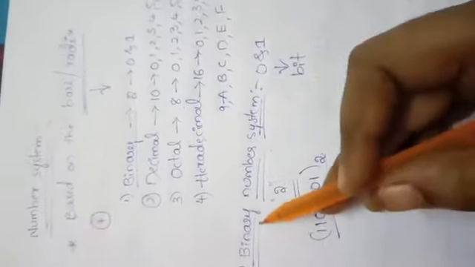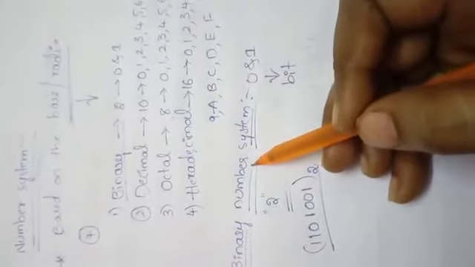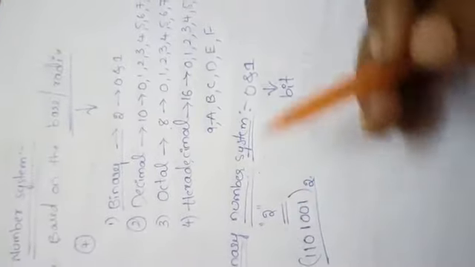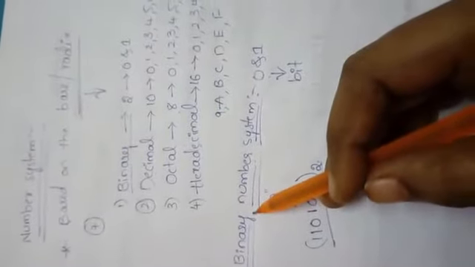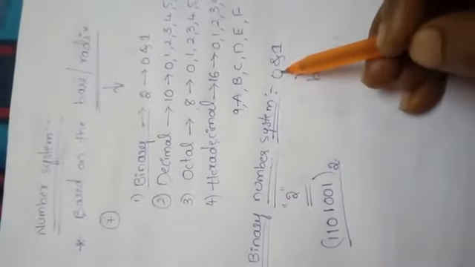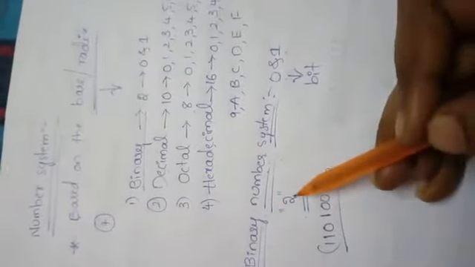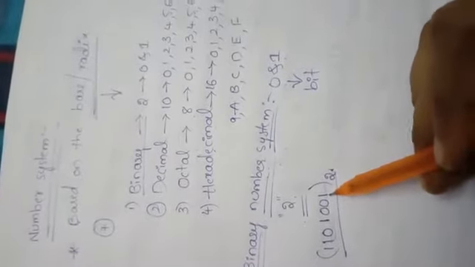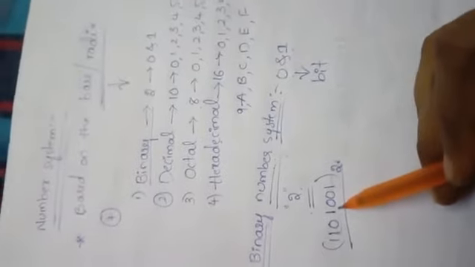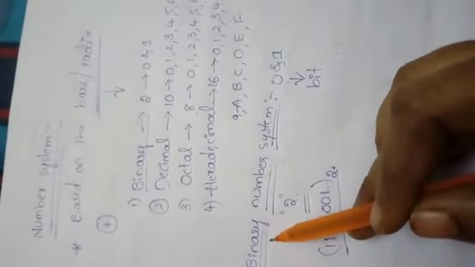You already know what a binary number is. That means a number represented with base 2 that uses the 2 digits 0 and 1. That number system we call the binary number system, right? Here I am representing the digits as 0 and 1, and the base is 2. Clear? A number represented with base 2, using only zeros and ones, we call the binary number system.